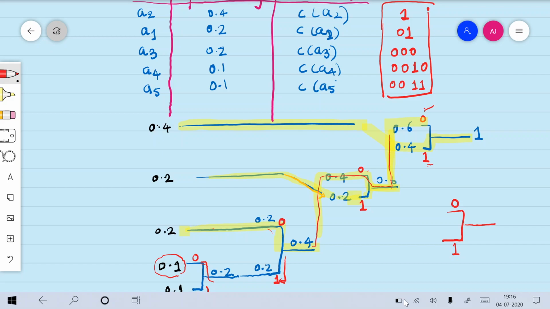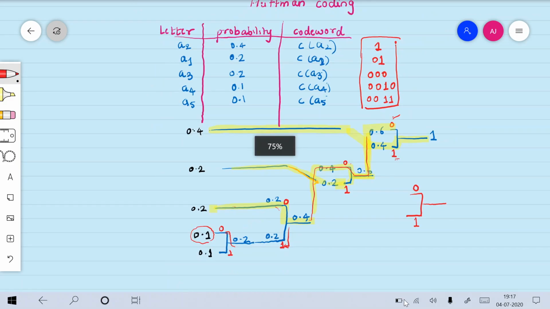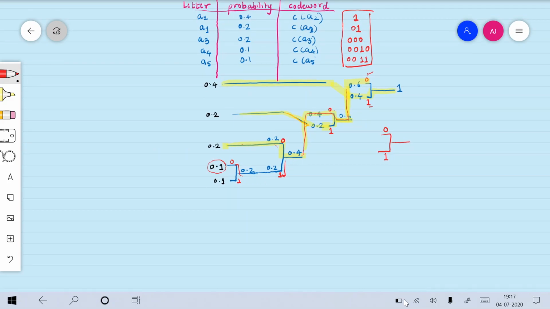So this is your normal Huffman code tree. So you should be able to calculate it properly. Now, why I wanted to show it with this whiteboard example is, let us solve the complete one. In the exam question, when the university question paper comes, it will also ask you to find out the average length of the code.